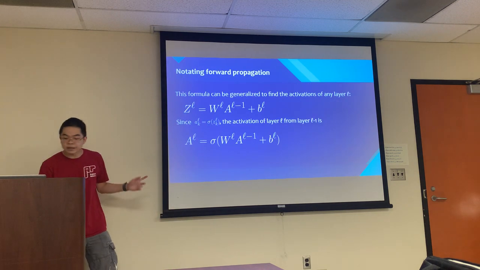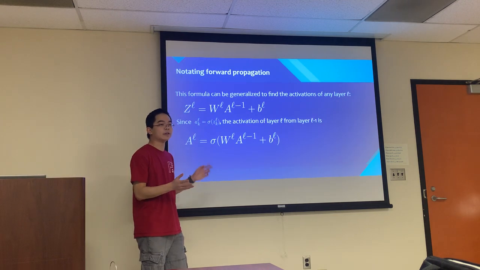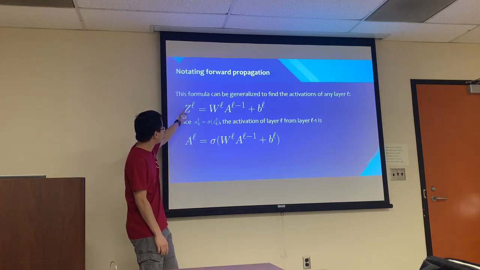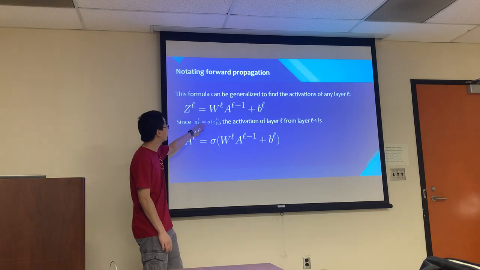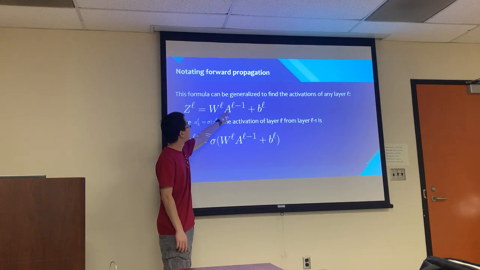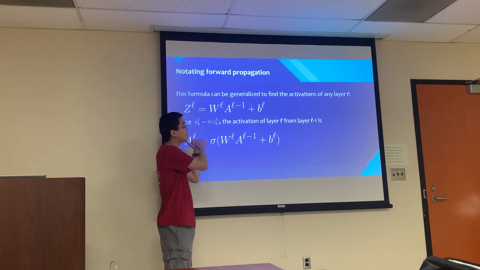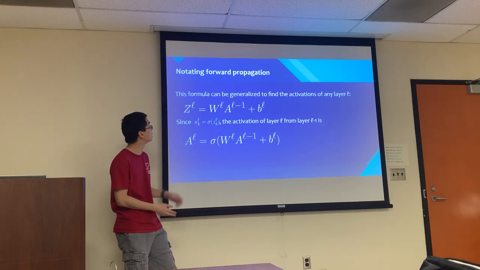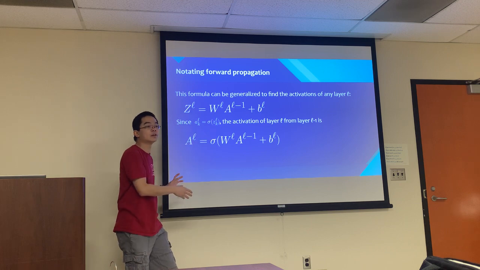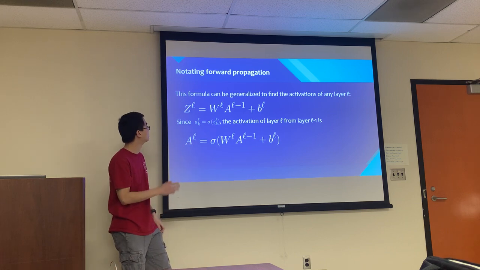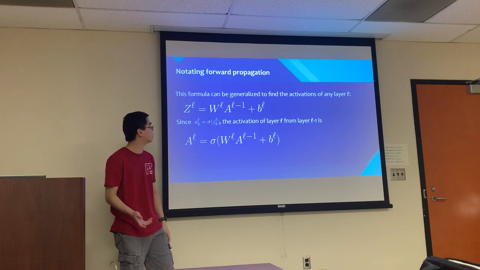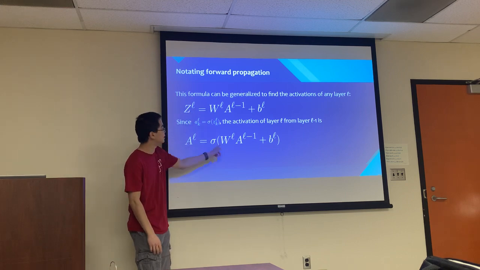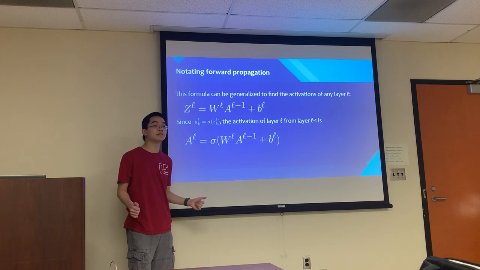This is generalizable. So basically, this is going to be our key equation for how forward propagation works. The output of the affine function is equal to the weights times the activation results from the previous layer plus the biases. This is again what we've been saying with the affine function, just formalized to being a vector instead of just scalars. And then A, referring to the activation functions, basically we pass Z into the activation function. This making sense so far?